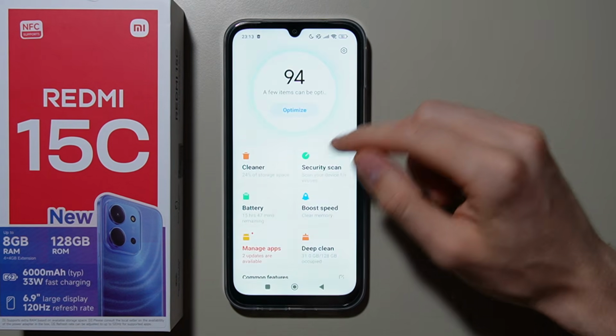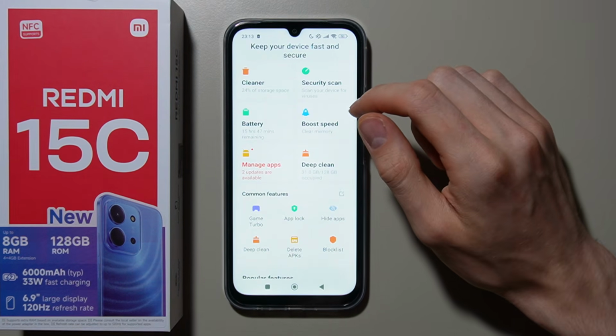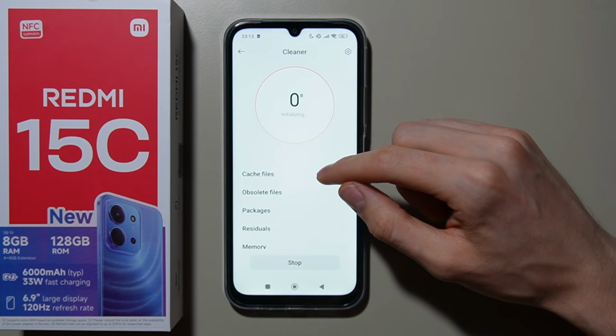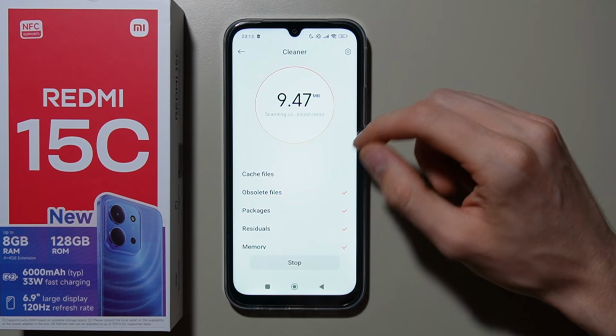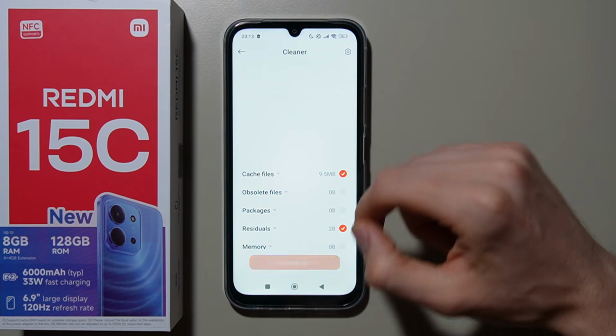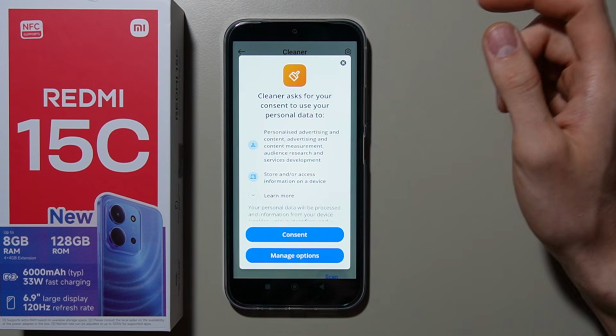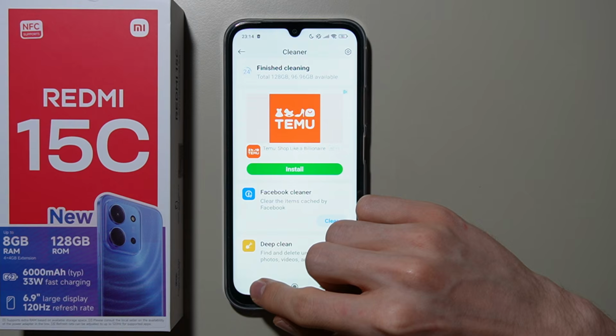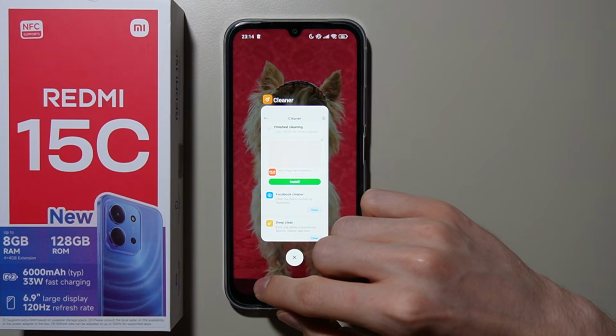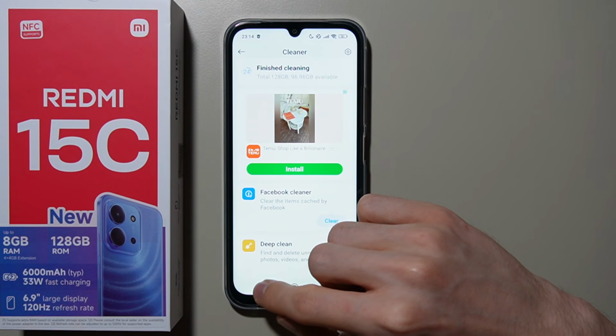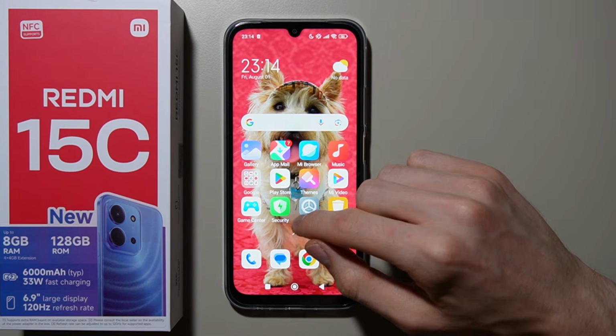Go back. Also, I recommend you clean the cache from the cleaner. You can do it from here. Just simply again wait, clean up, and basically it can help you. Also, you can go to the settings again,